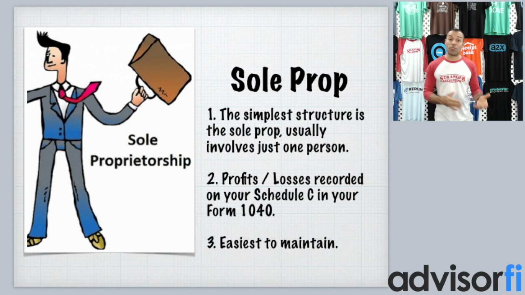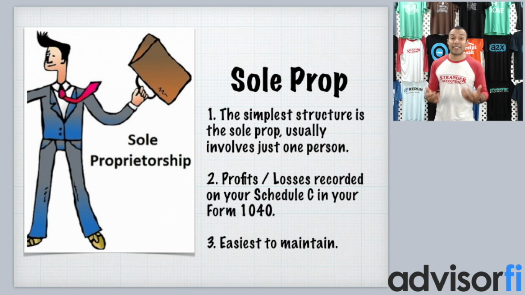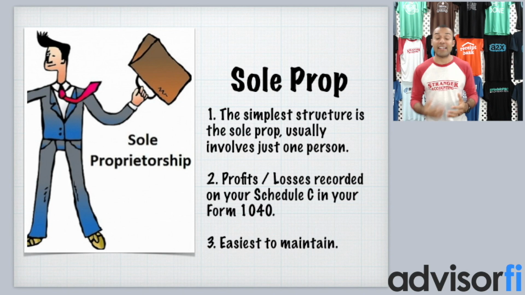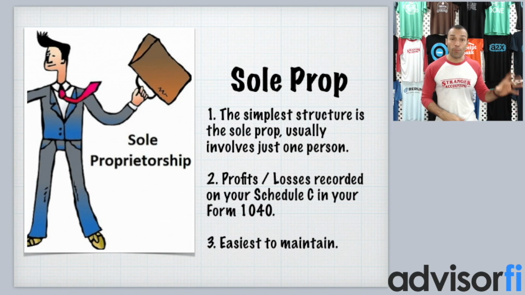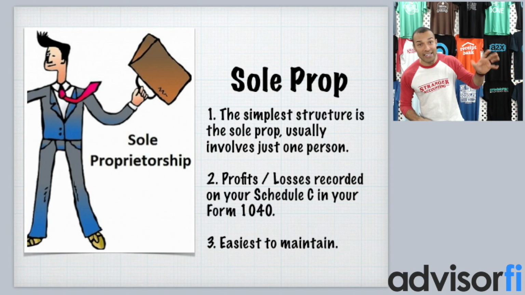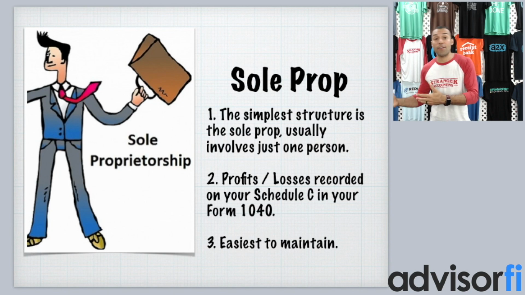Now, what's interesting about the sole proprietorship is all the income and the expenses that you incur as freelancing, as a sole prop, gets recorded on your Schedule C, which is on your personal tax return. And the reason why this is a benefit for the sole prop status is because obviously it offsets any other incomes. So if you have a normal W-2 job and you have a little sole prop activity on the side,